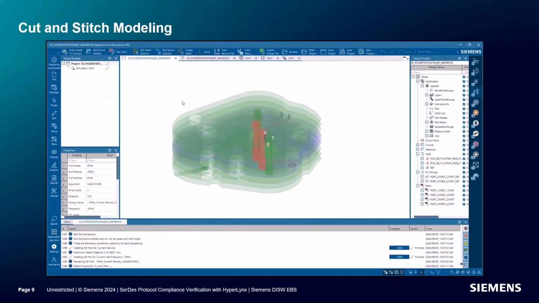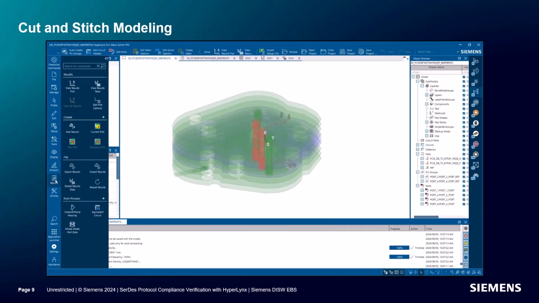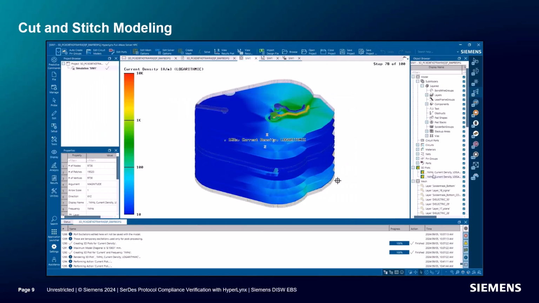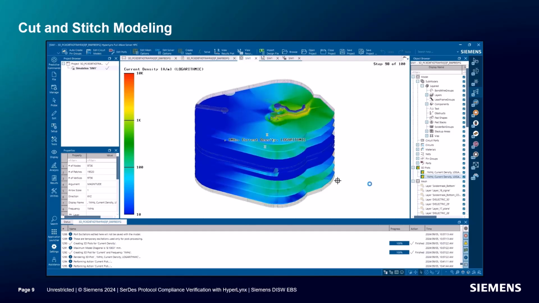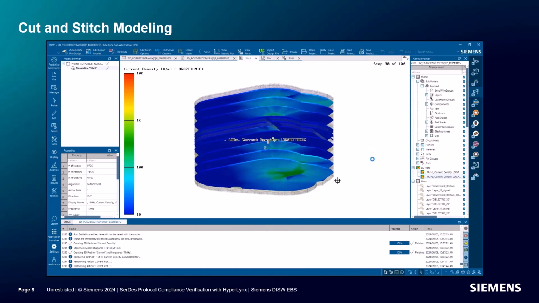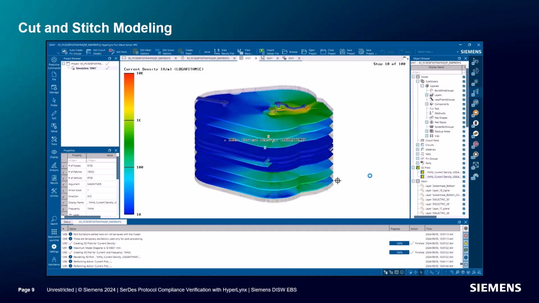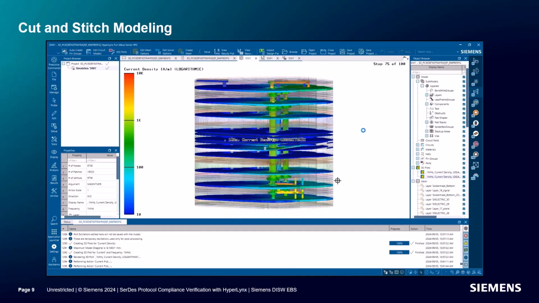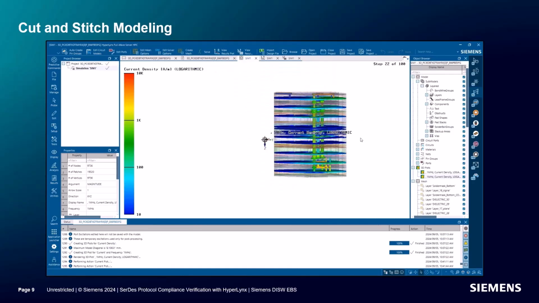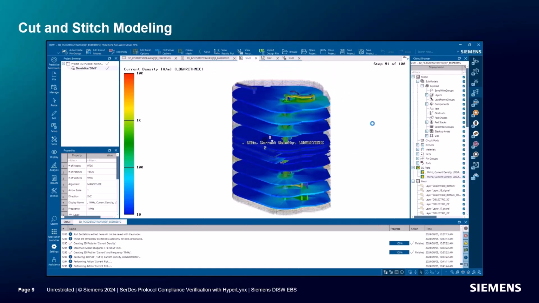In order for the cut and stitch methodology to be valid, the signal needs to be in TEM mode at the signal ports, and the majority of the signal's return path should be contained within the area. Here, we see an animation of via behavior for our design at the Nyquist frequency, showing both signal and return current. You can see the return current is well contained within the area, and therefore the methodology assumptions are valid.